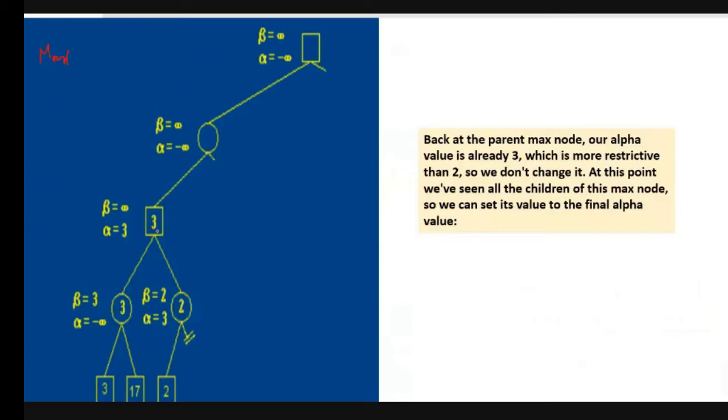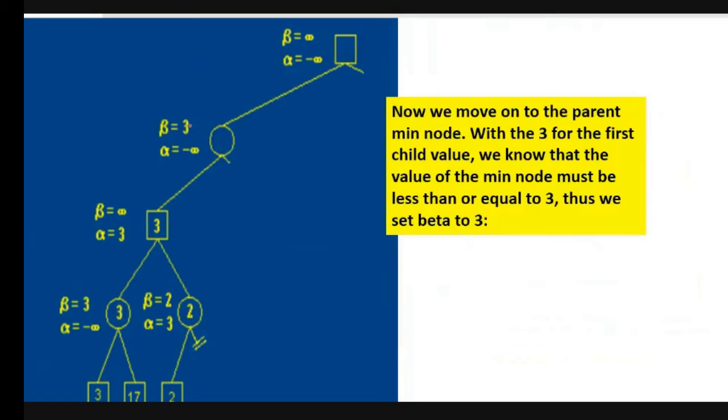The node value is not alpha beta, but this value between these two nodes. So this is the 3. Maxima between 2 and 3 is 3. So this is the 3 that I have collected. Now in the minima, here in the minima, I will be modifying my beta. Okay, in the next slide you can see I have corrected this because beta, out of this infinity and the 3, who is the minimum? Infinity and 3, if I compare, it is going to be 3. So I have a value called 3 here.